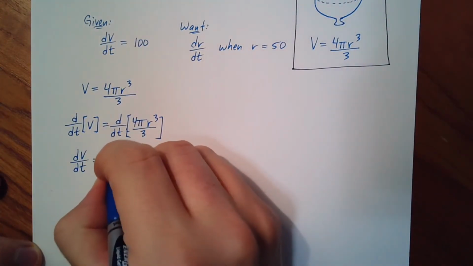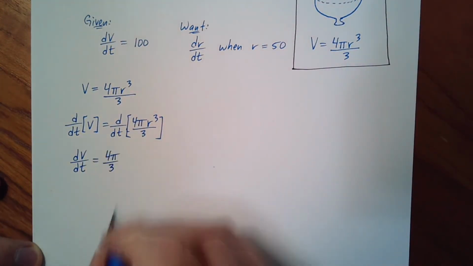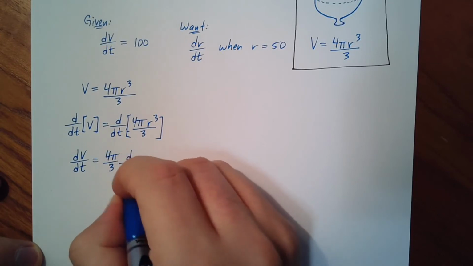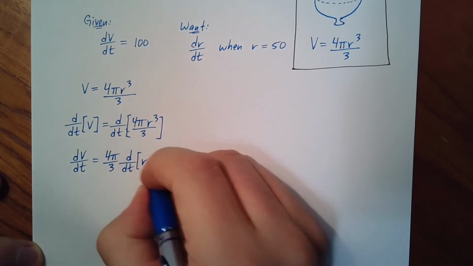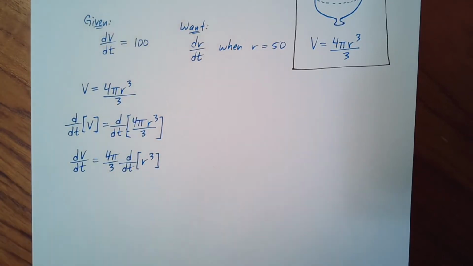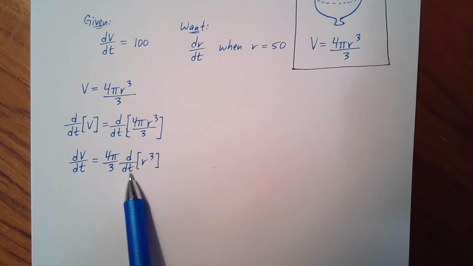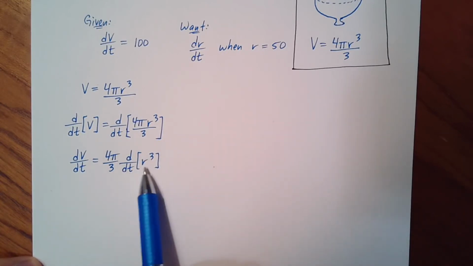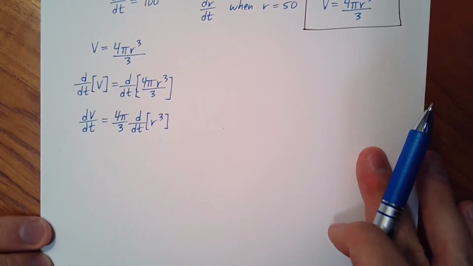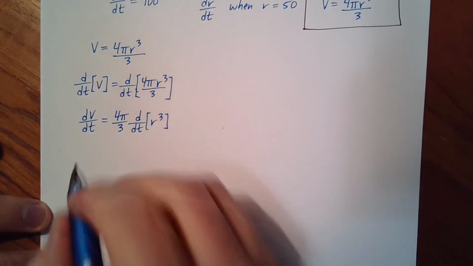So we'll get 4 pi over 3 times the derivative with respect to time of r cubed. So it makes it a little bit simpler, right? But now we're going to differentiate the r cubed term. But since it's not with respect to r, it's with respect to t, we're going to go 3r squared for our derivative of the outside function, but we have to multiply by the derivative of the inside function after. So what we're going to get